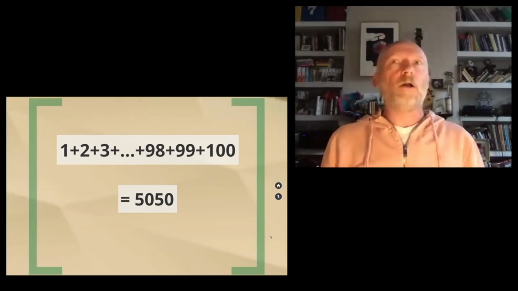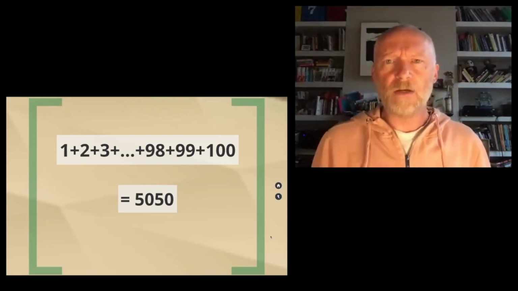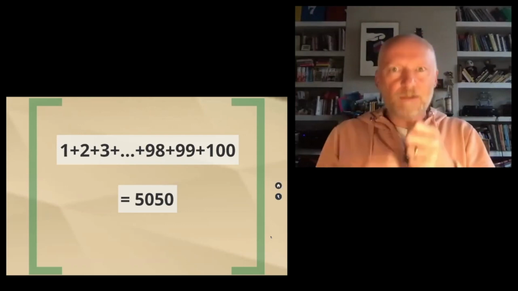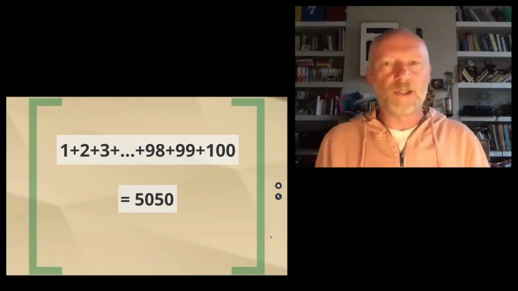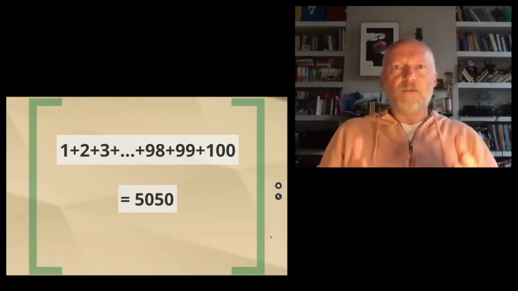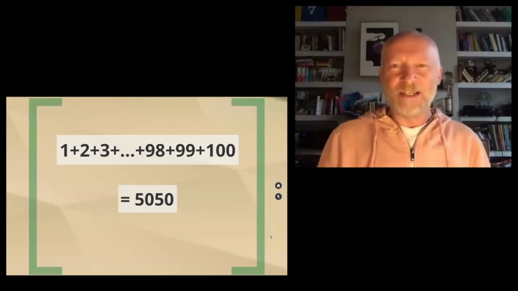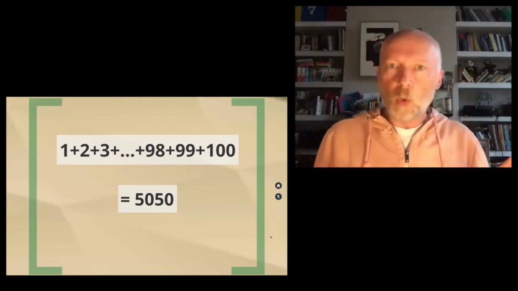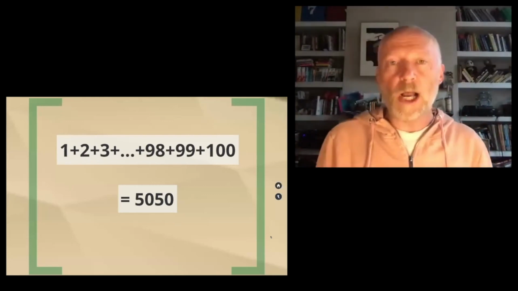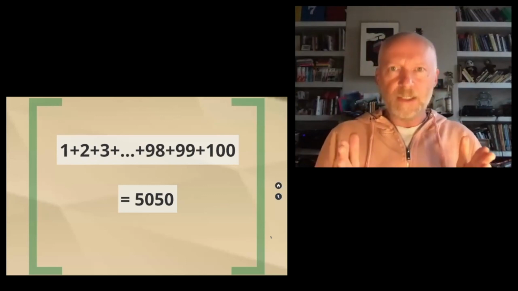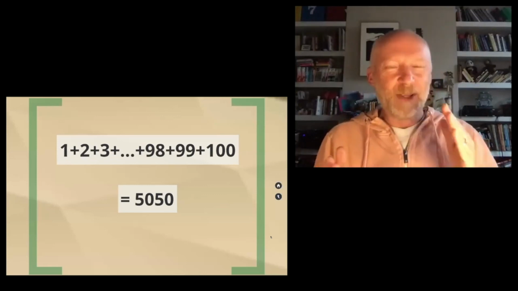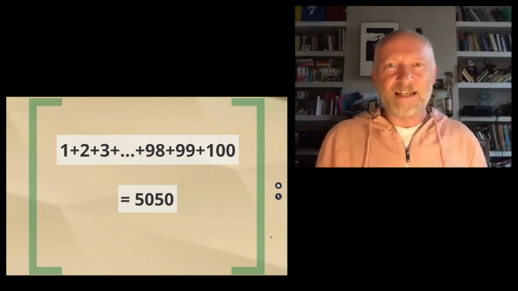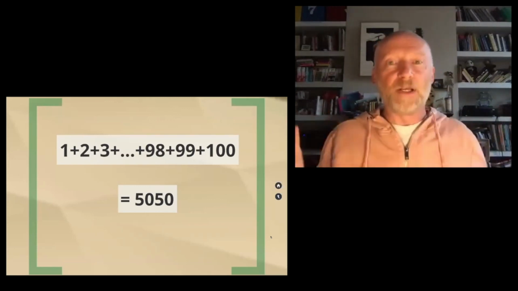And Gauss said, well, I found a shortcut to how to do this. Rather than starting at the beginning of the journey and just counting through the numbers from 1 to 100, what Gauss did was kind of lift himself out of the journey that was being set and said, okay, well, let's look at the beginning and end of the journey. Well, 1 plus 100 is 101. 2 plus 99 is also 101. 3 plus 98, 101.